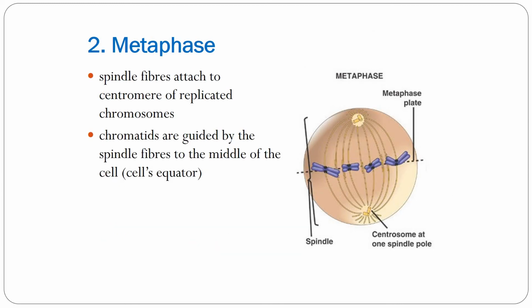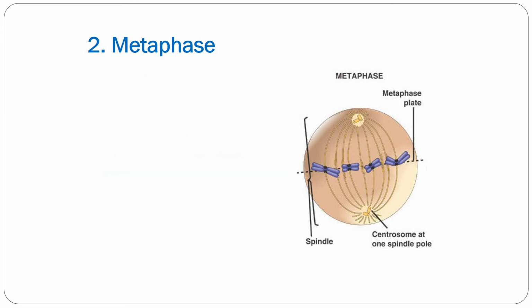Now during metaphase, meta means middle, so the spindle fibers attach to the centromeres of the replicated chromosomes. Chromatids are guided by spindle fibers to the middle of the cell. We call that the cell's equator, very similar to the Earth's equator, where it's right in the middle,